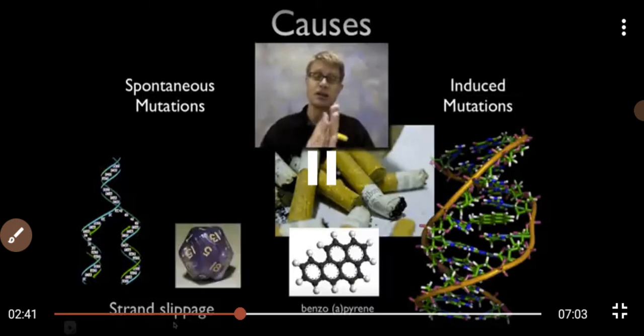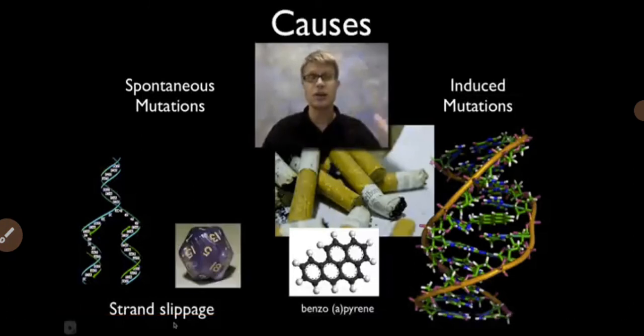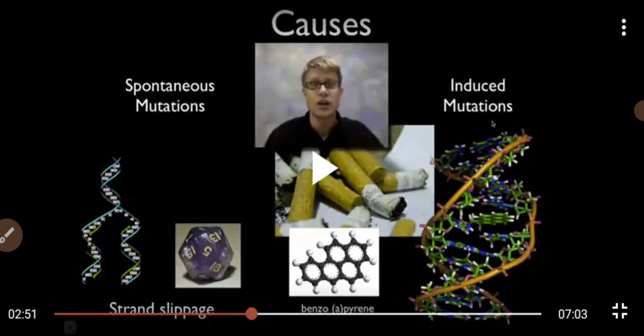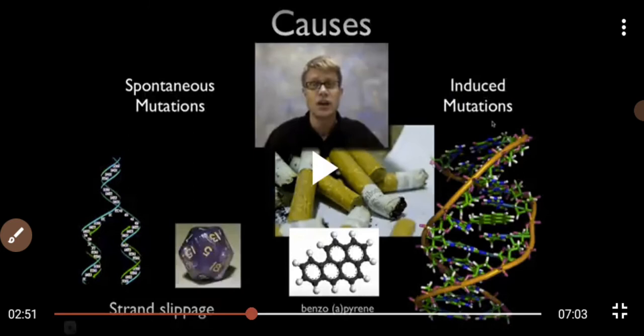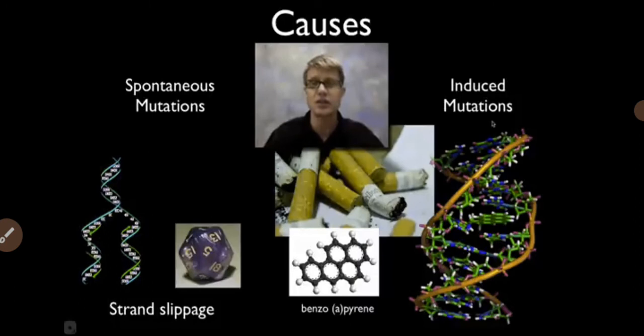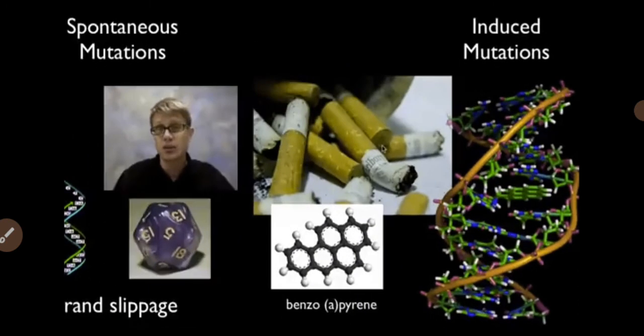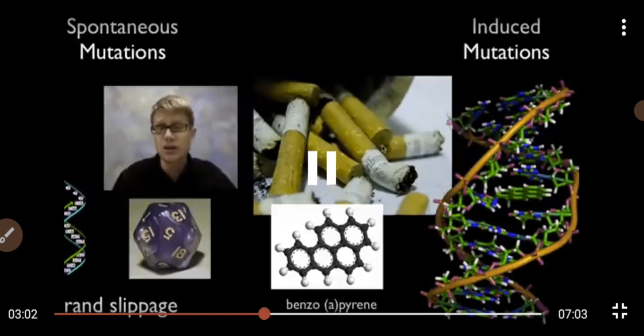Past each other, and then you get bonding that's not perfect. And so that would be an example of a spontaneous mutation. But a lot of mutations are caused by our environment, and those are what are called induced mutations. And so if radiation, for example, is causing skin cancer, that would be an induced mutation. Or cigarettes, it's a chemical that's causing this mutation. And we didn't used to